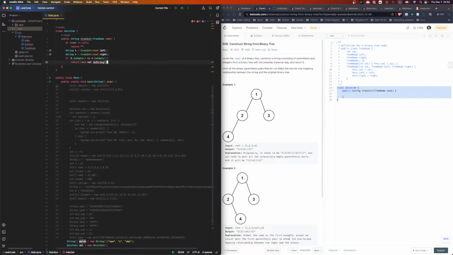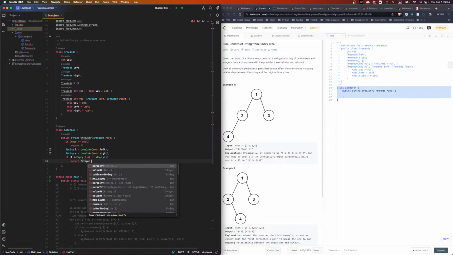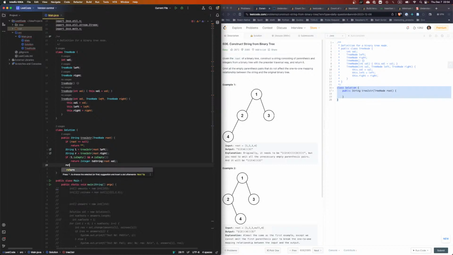Wait, why is it not right? Hold on, let me see. I have a definition. Val is int. How do I turn it? Integer dot toString. Hold a second. There we go. Root dot val. Right, so that's that. If then we can return Integer dot toString root dot val